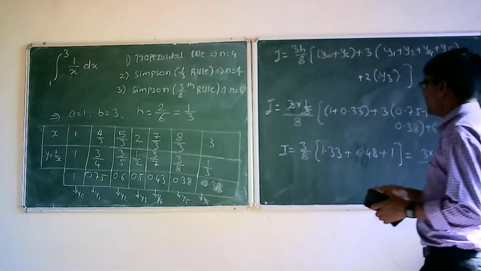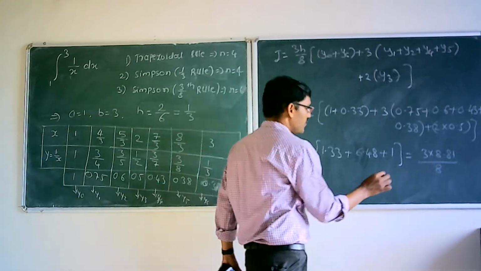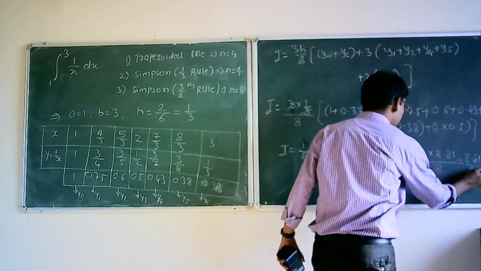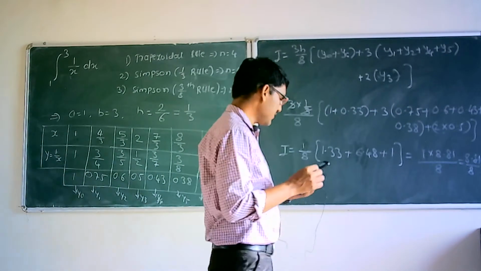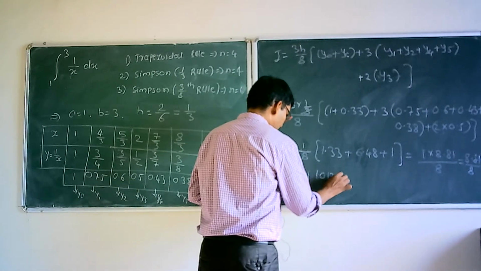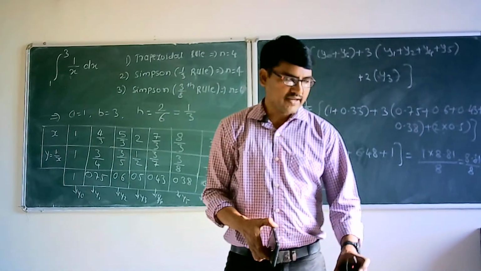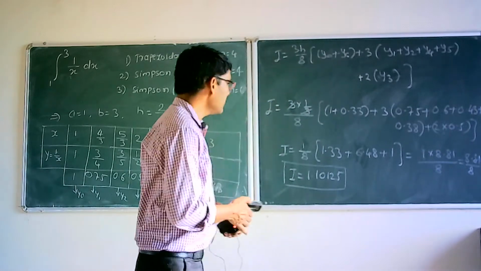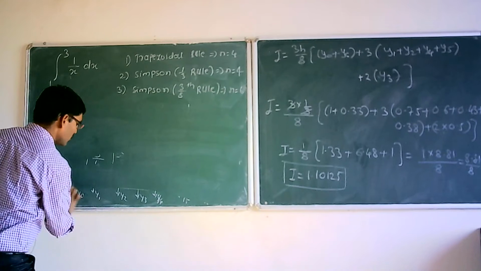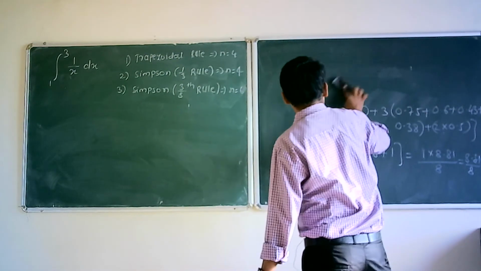Again we have made one mistake. This 3 will get cancelled here, so it is not 3, it is only 1. So if you simplify this, it is 8.81 divided by 8, and if you divide 8.81 by 8, it is equal to 1.10125. So this is the value of integration if we apply Simpson 3/8 rule. So we have solved this integration by using the trapezoidal method, Simpson 1/3 and Simpson 3/8 rule. Now we want to determine the exact value and then errors.